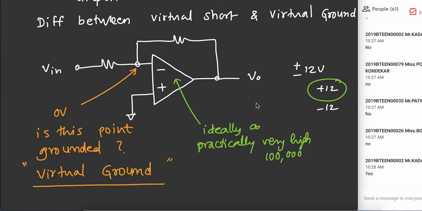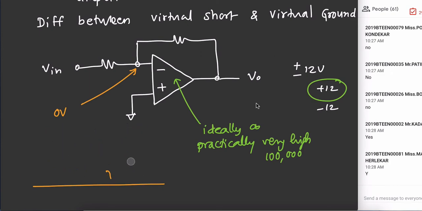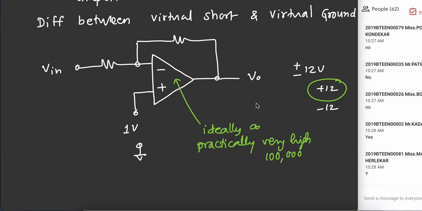Right. Now, let us take one example. Suppose this potential is not 0. Suppose I raise this to say 1 volt. I connected a battery. Why do I connect a battery? I don't know, or I won't tell now, but this is a battery. So, this voltage will be how much? 1 volt. Okay. So, what is Vp? 1 volt. And we have the same equation because op amp is the same.